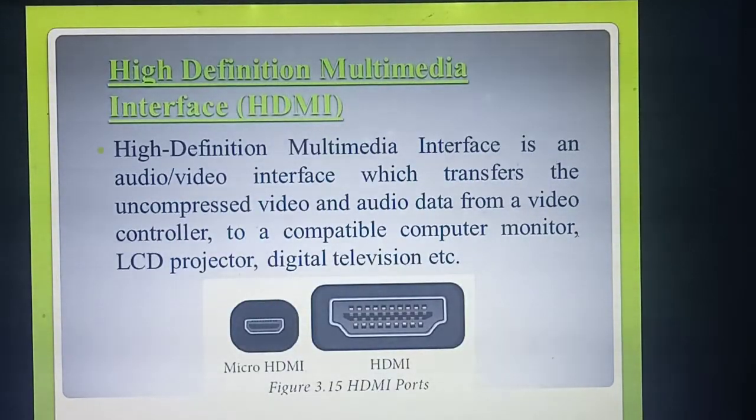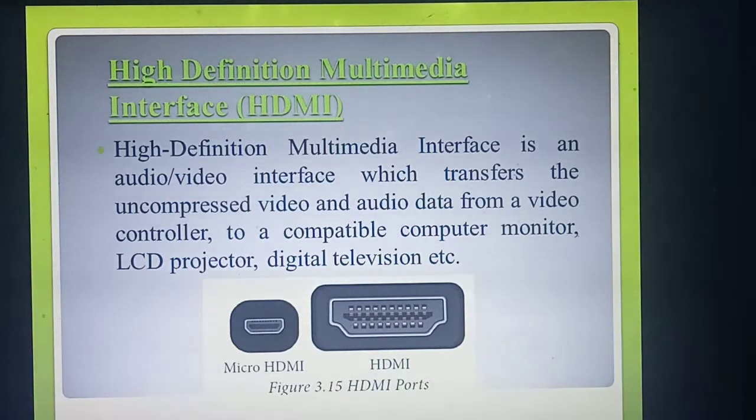Okay, the next one is a very important question, HDMI, High Definition Multimedia Interface. What's the full form of HDMI? Very important question. High Definition Multimedia Interface. What do you mean by HDMI? It means an audio video interface. While you are downloading movies or audio or video files from the net, they will ask for HD print. Have you seen it? HD means the quality will always be high, isn't it? In the same way, HDMI is mainly used to transfer audio and video, an interface between audio and video.